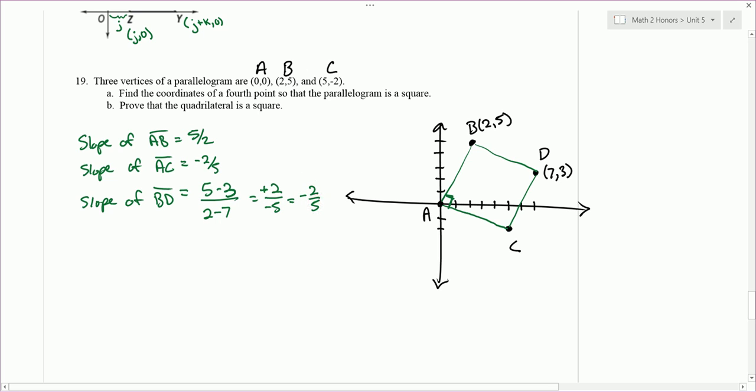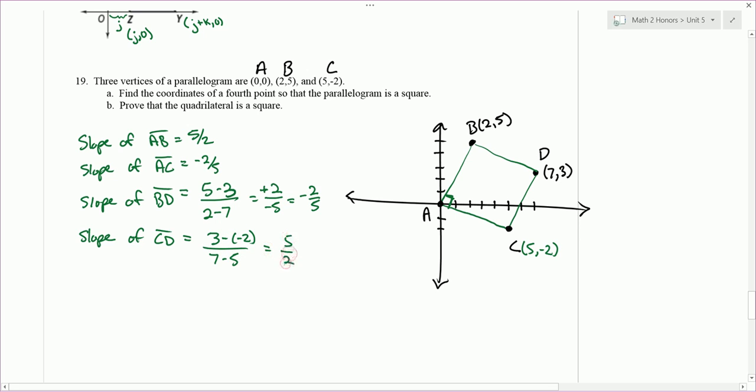Okay, and notice BD and AC have the same slope, so they're parallel to each other. And then one more here, what are we missing? CD, slope of CD. Using our slope formula, y value minus y value over x value minus x value